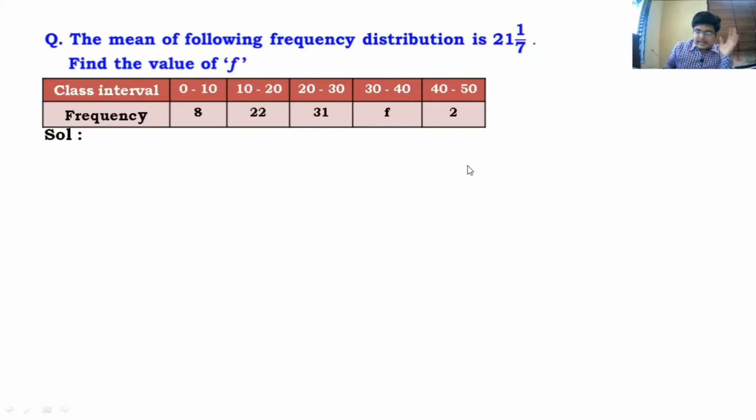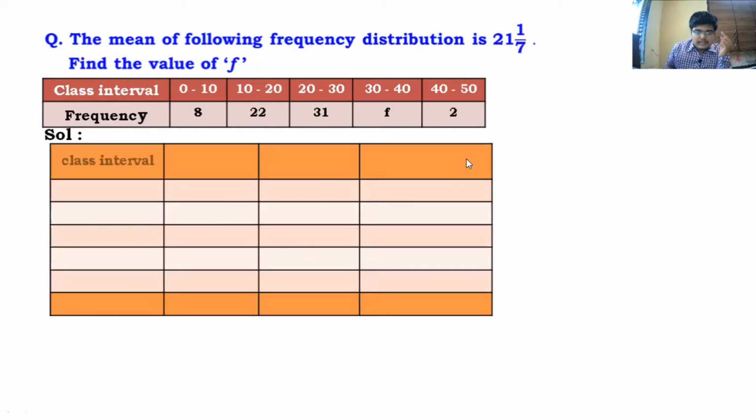So first of all, we'll make a table. We'll make a table with 4 columns. In the 4 columns, the first column is the class interval. The second column is class mark x, which we have to find. Frequency f is given, we will copy it, and then you have to multiply fx. So now guys, since you already know what the direct method is, what I want you to do is just pause this video and fill the entire table and find summation f, summation fx also. Then I'll tell you how the calculation is to be done.